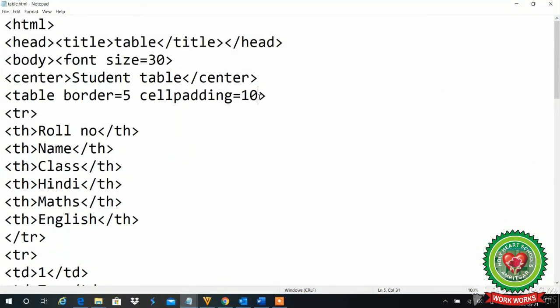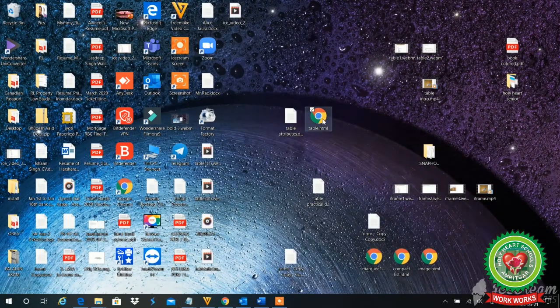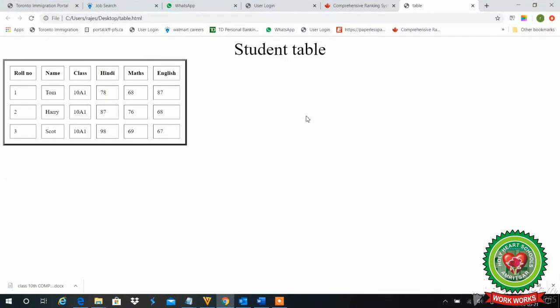Let's suppose I want the cell spacing is equal to 15. I gave the space between each cell. Now see the gap, that is 15 for each cell. That is done with the help of this cell spacing.